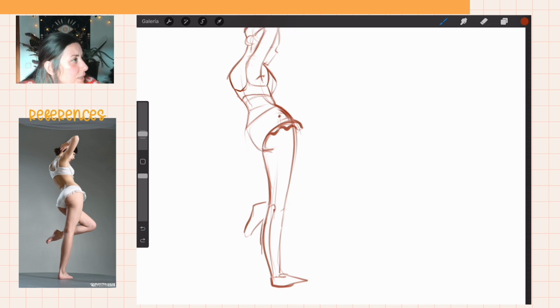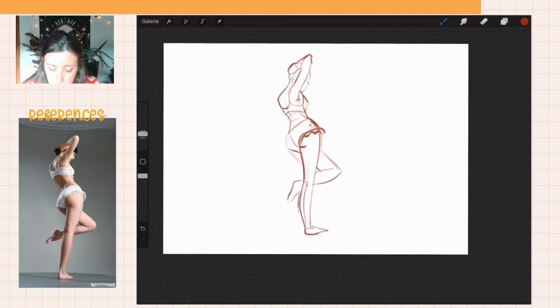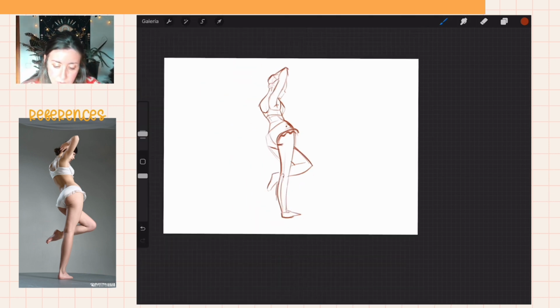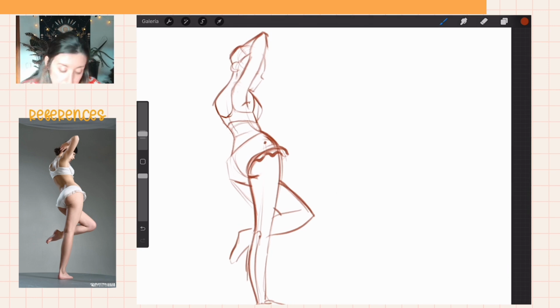I have the issue here. You know what I mean? The issue is here with this shape here. Let's see. All of this is